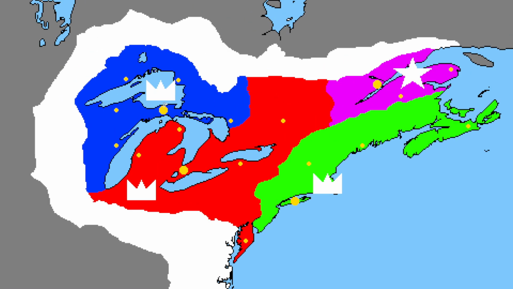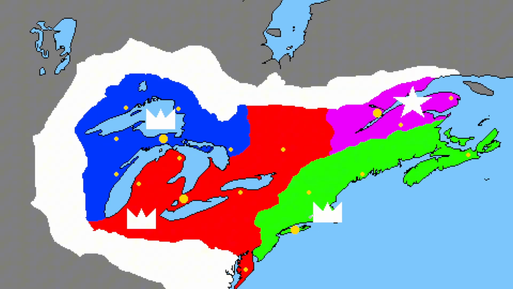Crown representing monarchy, which by the way, I had to make this crown symbol by myself. Don't know why Paint.net doesn't have a crown. I was gonna get the fancy communism symbol, but I'm not drawing that in Paint.net. So yeah, I just put a star because China has stars. Stars are kind of synonymous with communism.